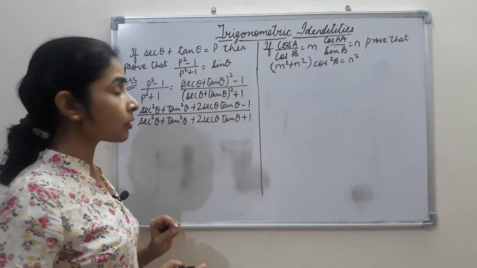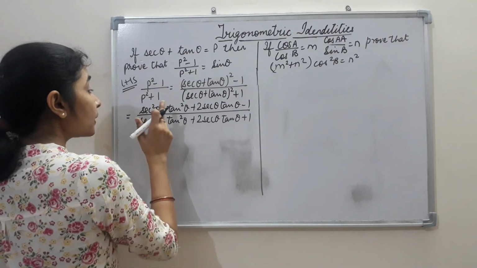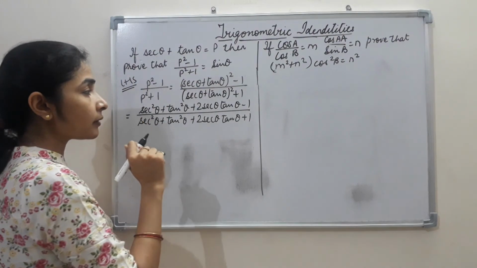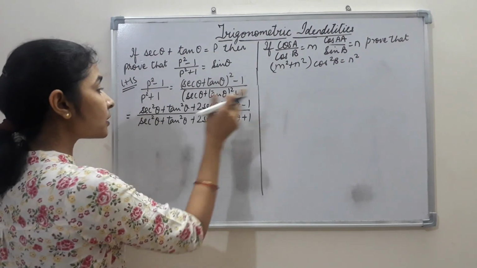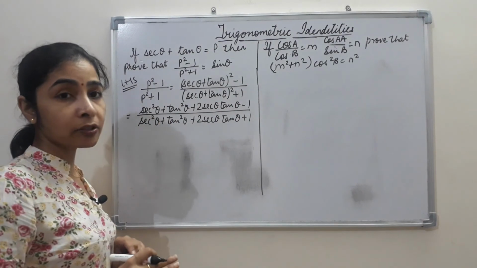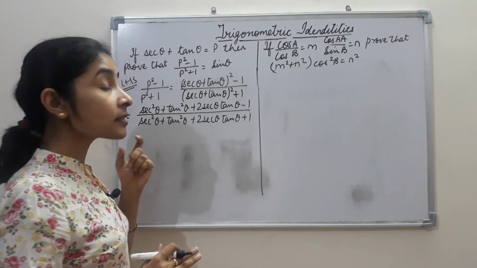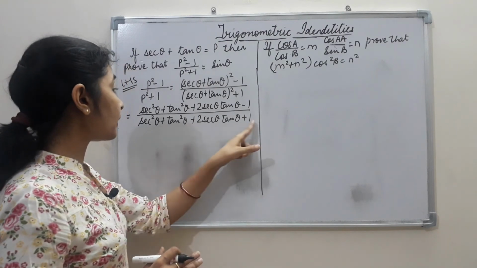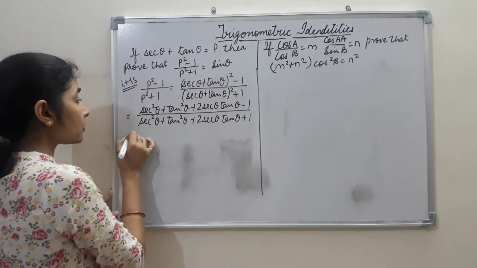Now the whole expression is the same, only minus 1 and plus 1 are different, so we need to remove this somehow. What we'll do here is change sec theta into tan theta, that gives us positive 1, so positive 1 will cancel with the negative 1. Here we'll change this tan theta into sec theta, that will give us a negative 1, and that will cancel with this. Okay, so let's do that.